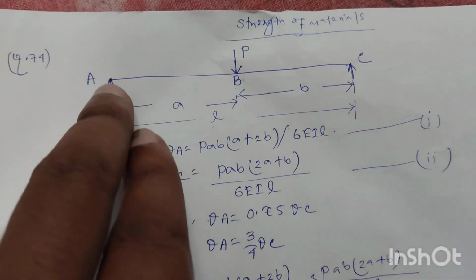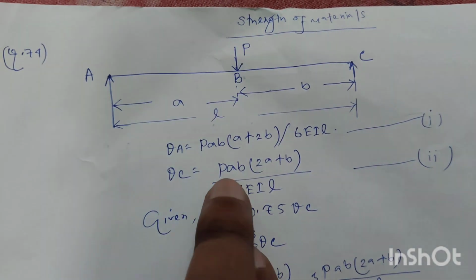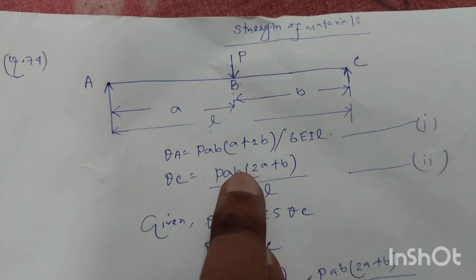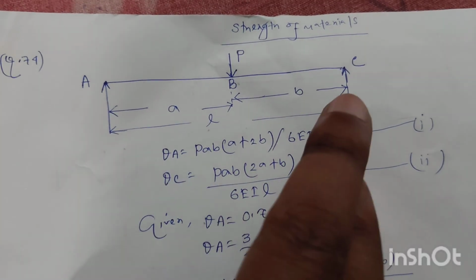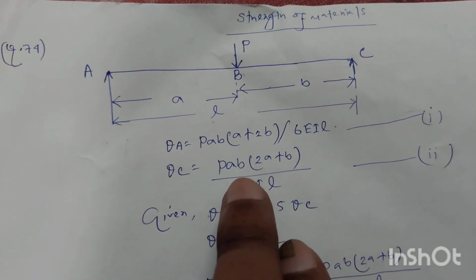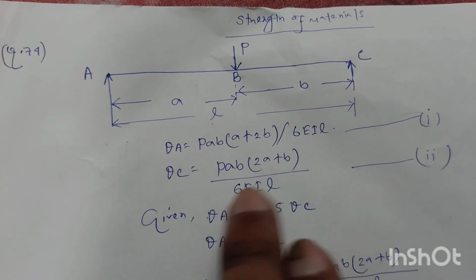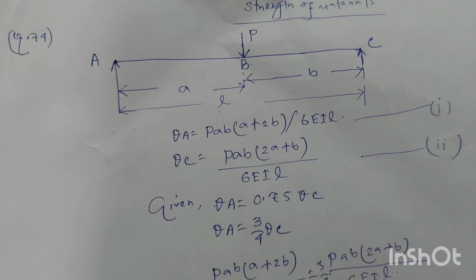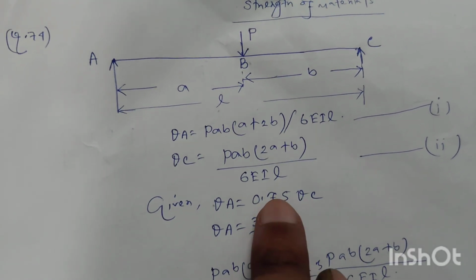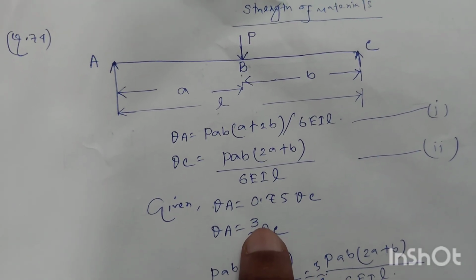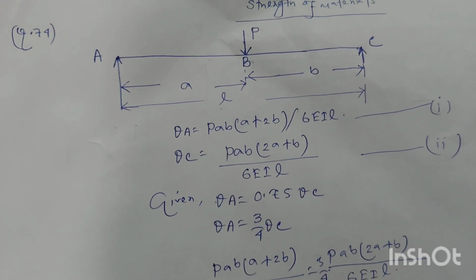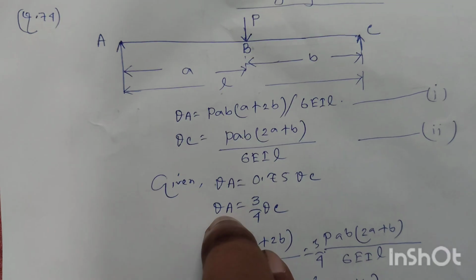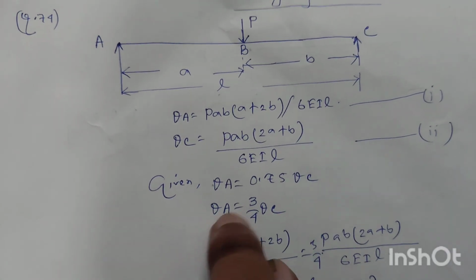So slope at end A will be Pab into (a plus 2b) by 6 EI L. This is equation number 1, and slope at C under this load will be equal to Pab into (2a plus b) divided by 6 EI L. This is equation number 2. In the question it is given theta A is equal to 0.75 theta C, we can also write theta A is equal to 3/4 theta C, and if we put the values of theta A and theta C in these equations,